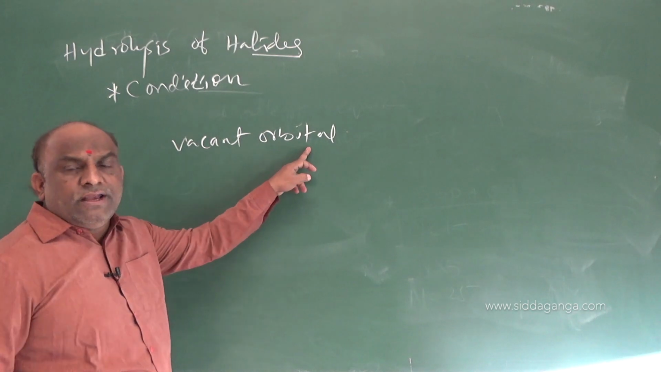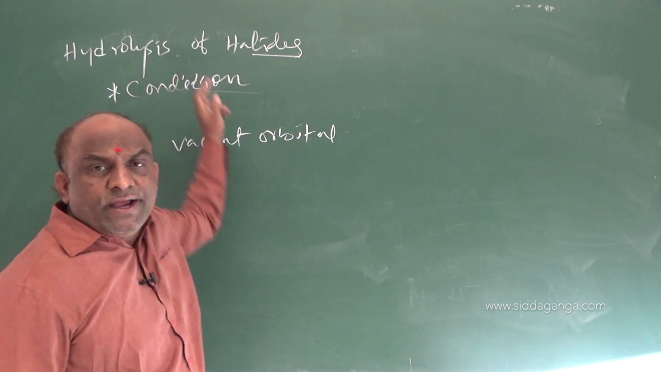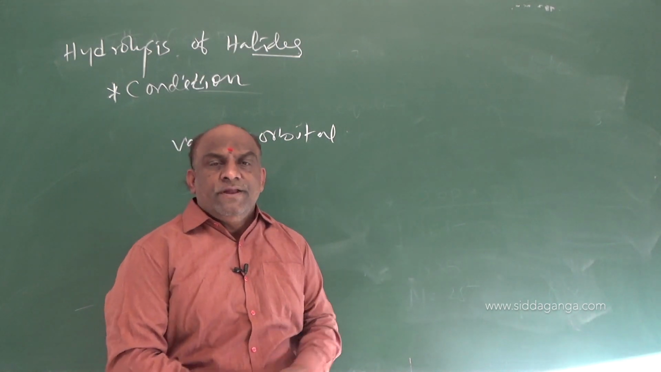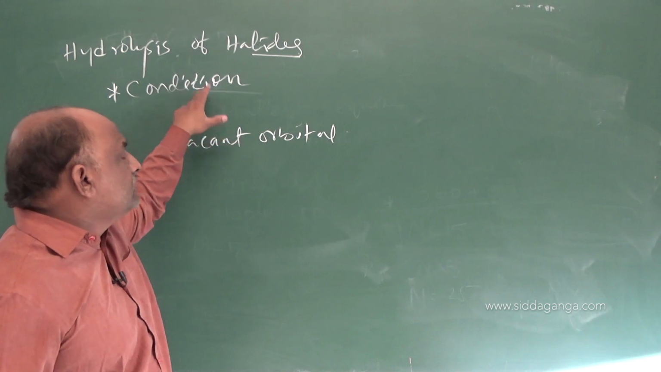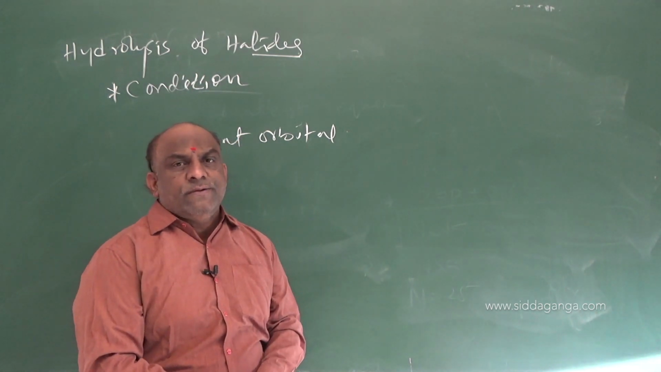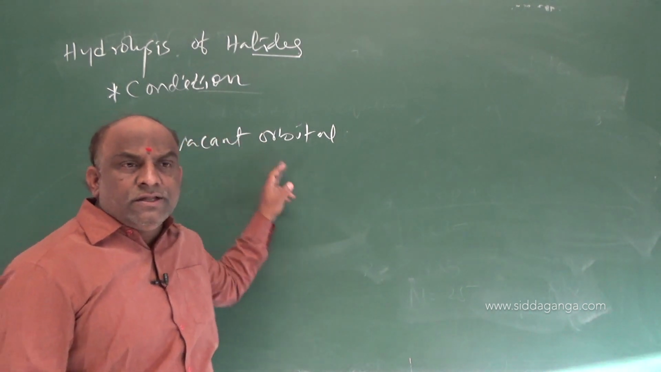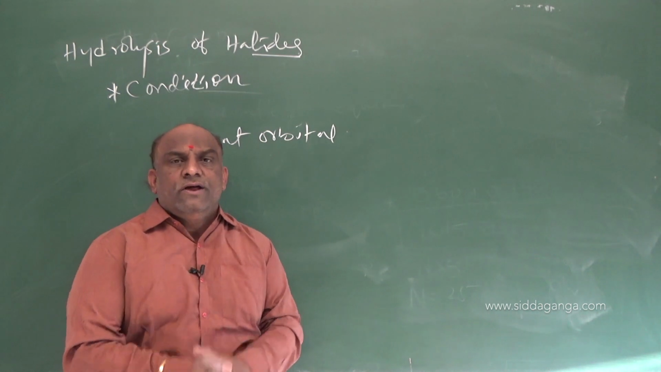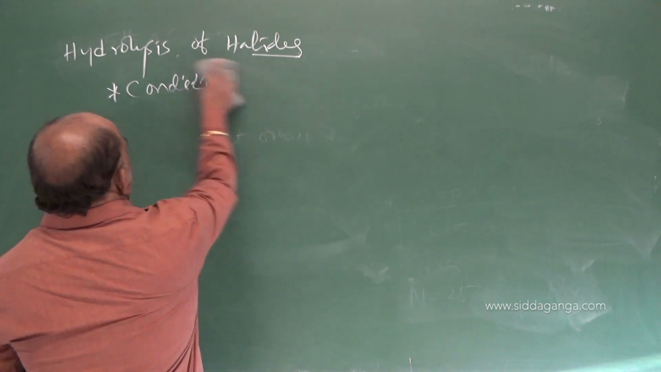If a vacant orbital is present, the hydrolysis reaction takes place. If vacant orbitals are absent, there is no hydrolysis. So remember, this is the one and only important condition. If a substance contains vacant orbitals, that particular substance undergoes hydrolysis. So, according to this condition,